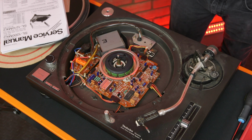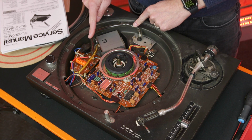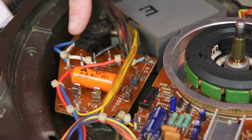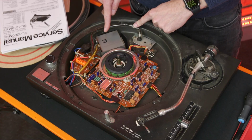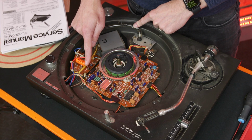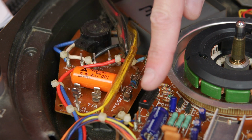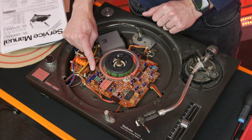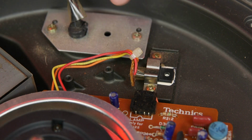So what have we got inside? Well, the mains comes in through this cable onto this little circuit board, where it goes through a fuse, through the voltage selection switch, through the primary side of the transformer. The secondary side of the transformer is coming out on these yellow wires, where it goes through another fuse and onto the main PCB. We've got a bridge rectifier, a smoothing capacitor, I think that's a regulator over here,